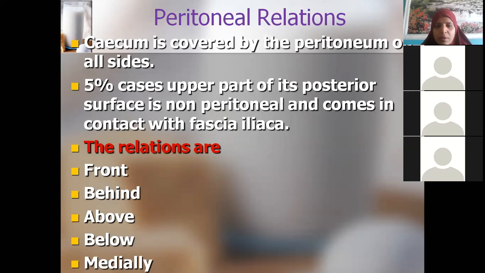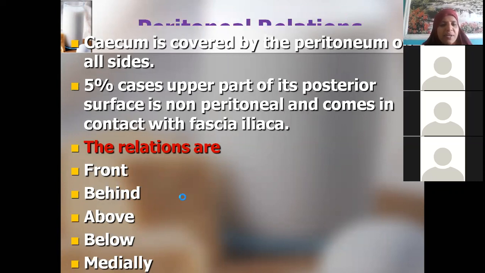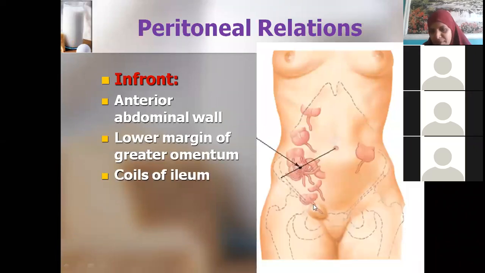Okay. So now we will study the different relations of the cecum. These are actually different positions. You just don't forget this. I told you the cecum basically should be present in the right iliac fossa, but sometimes it may be present in the left iliac fossa, right lumbar region, subhepatic, umbilical. These are all abnormal positions which may be seen due to abnormal rotation of gut. Is my voice clear?